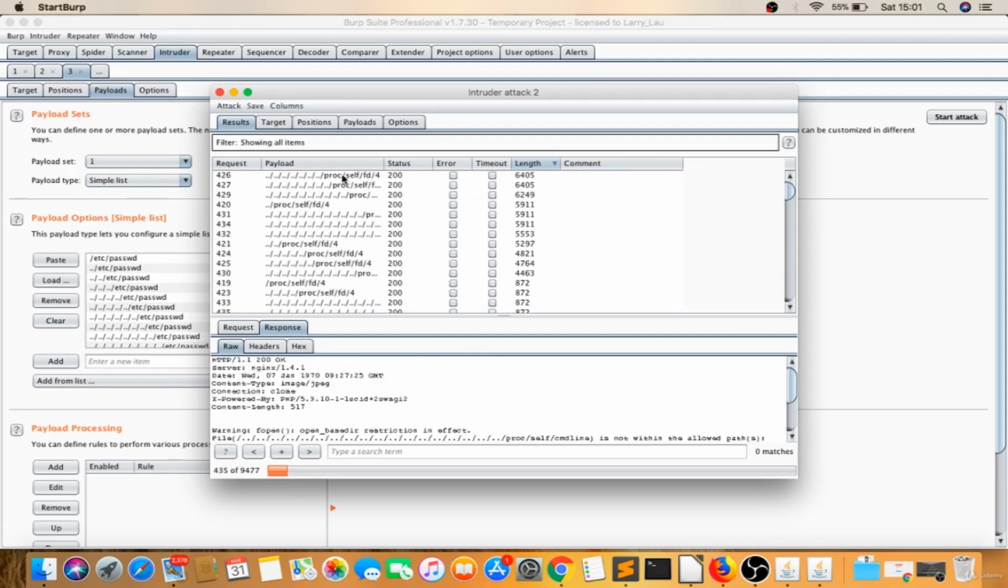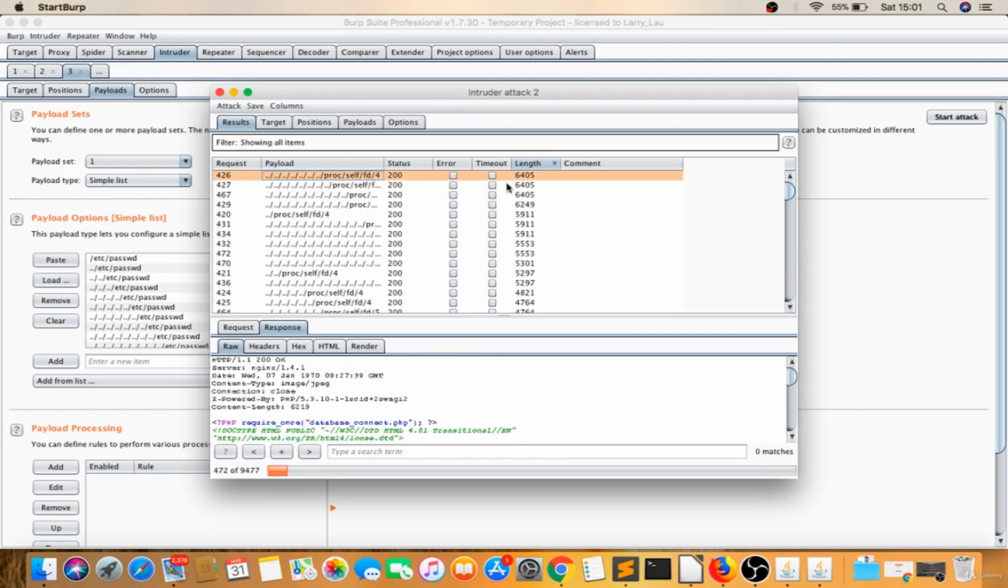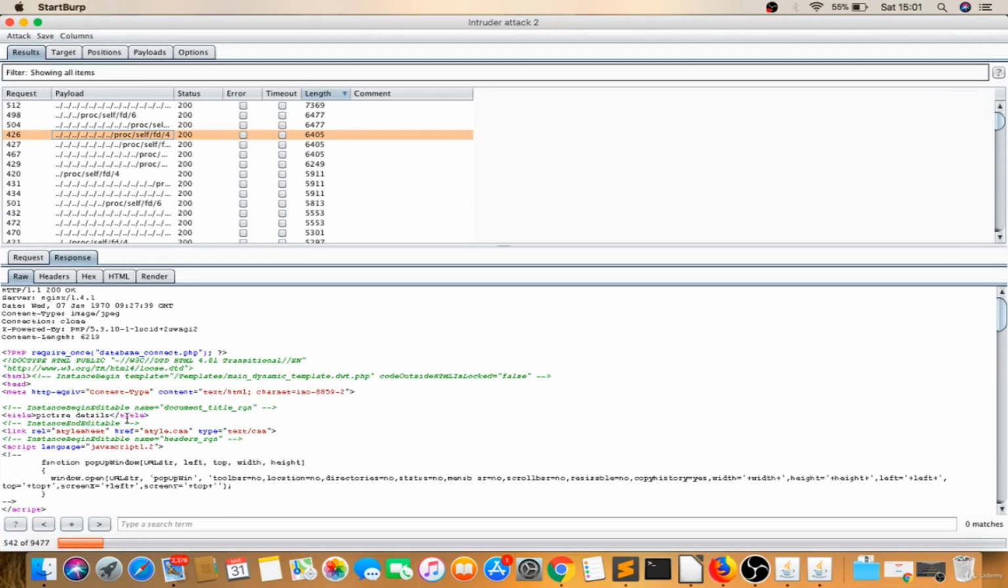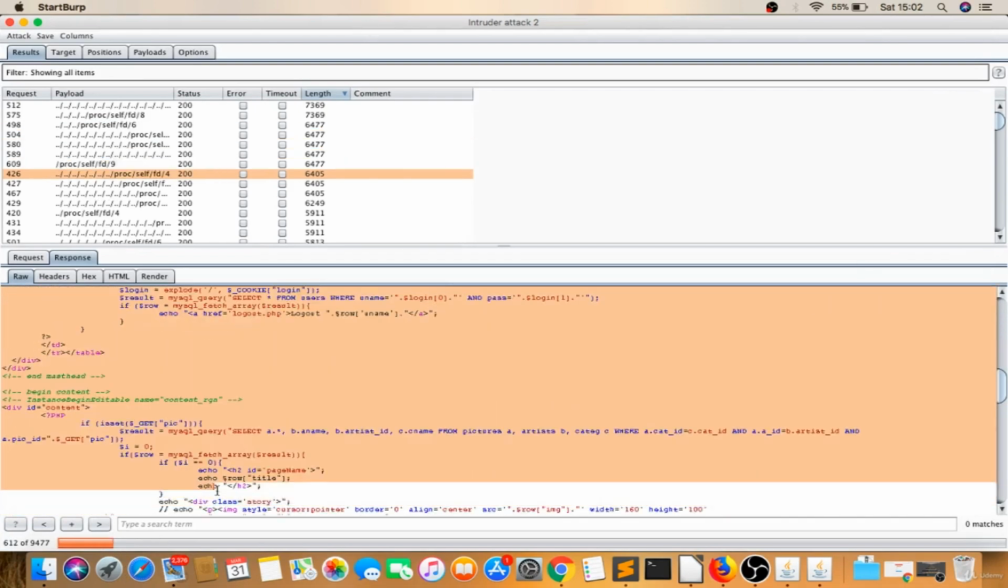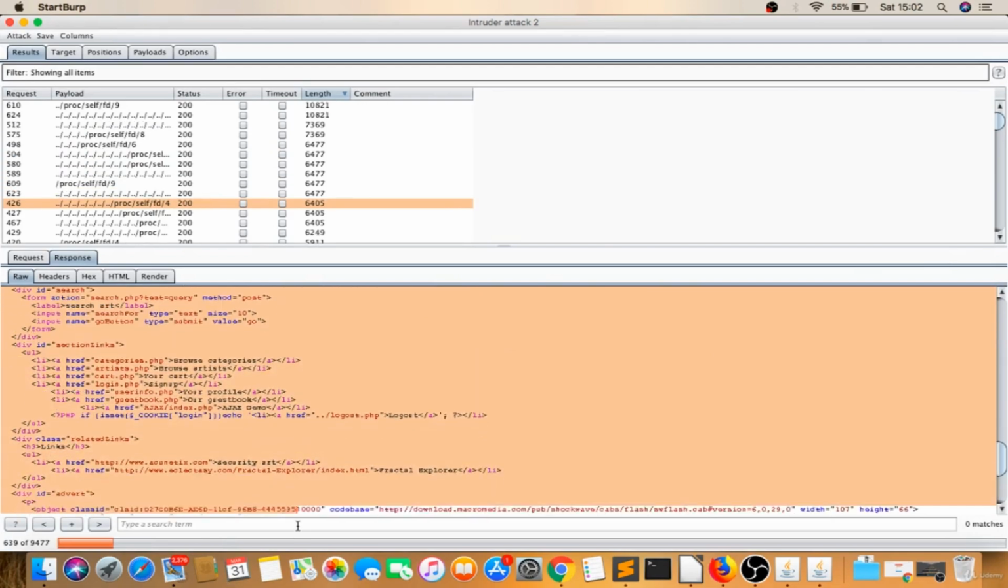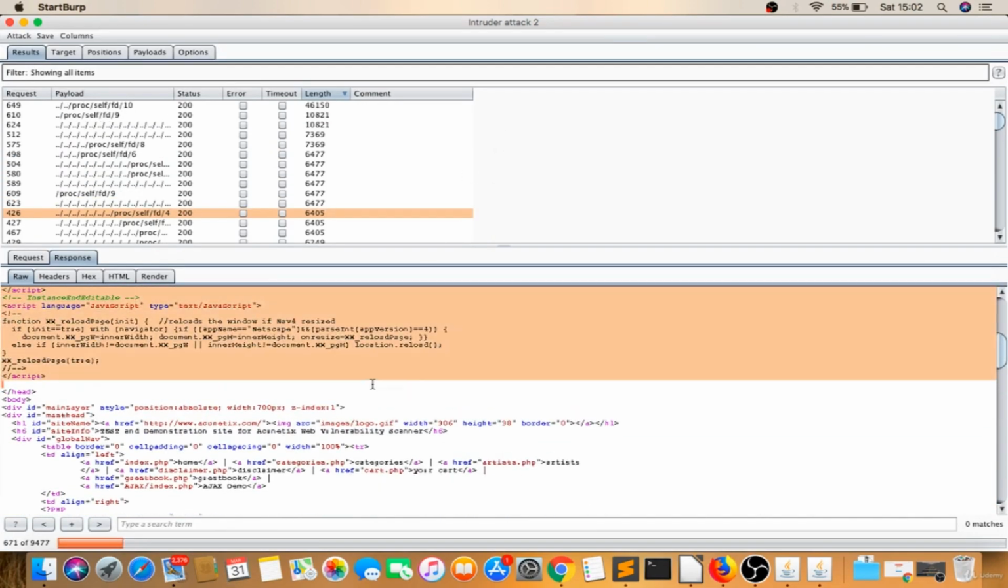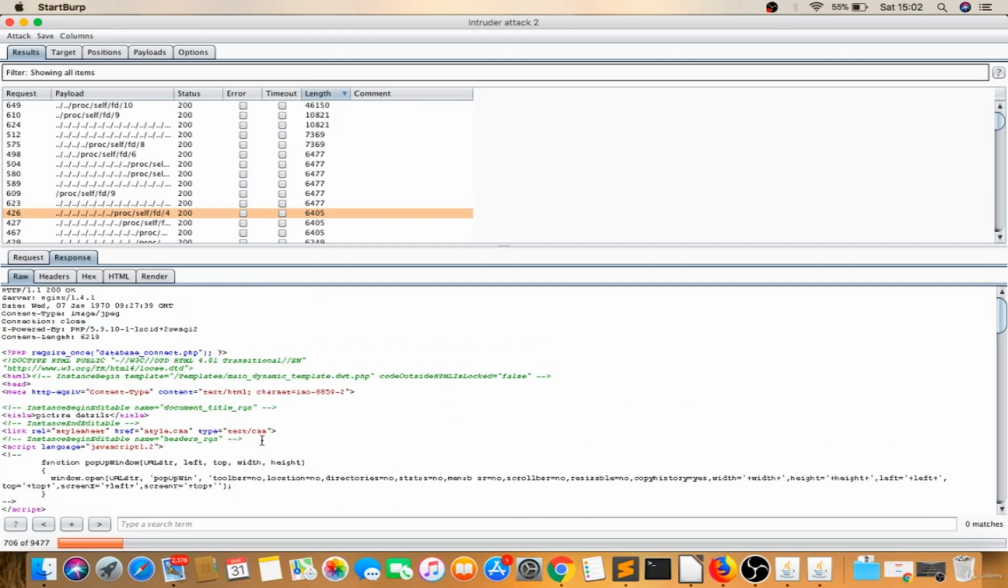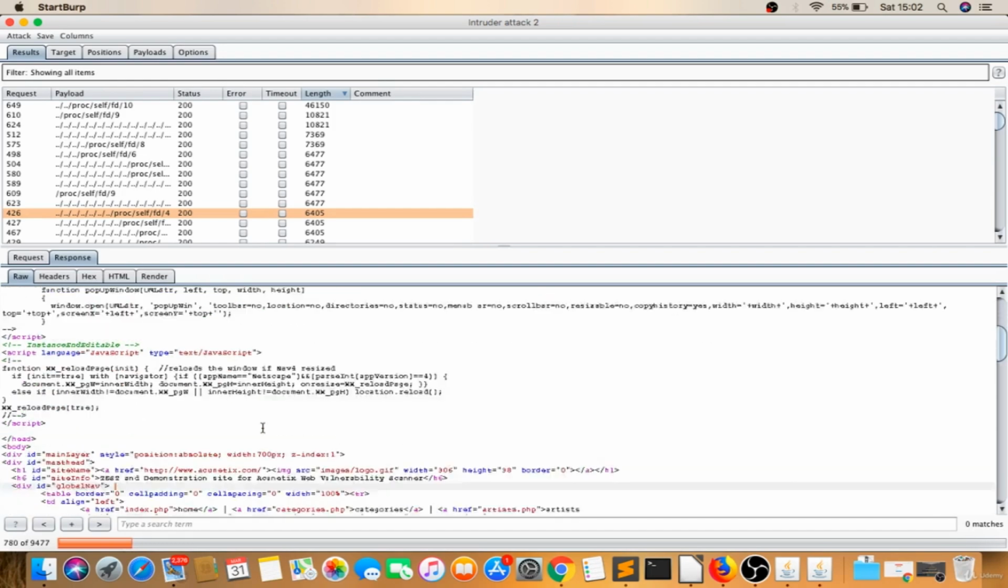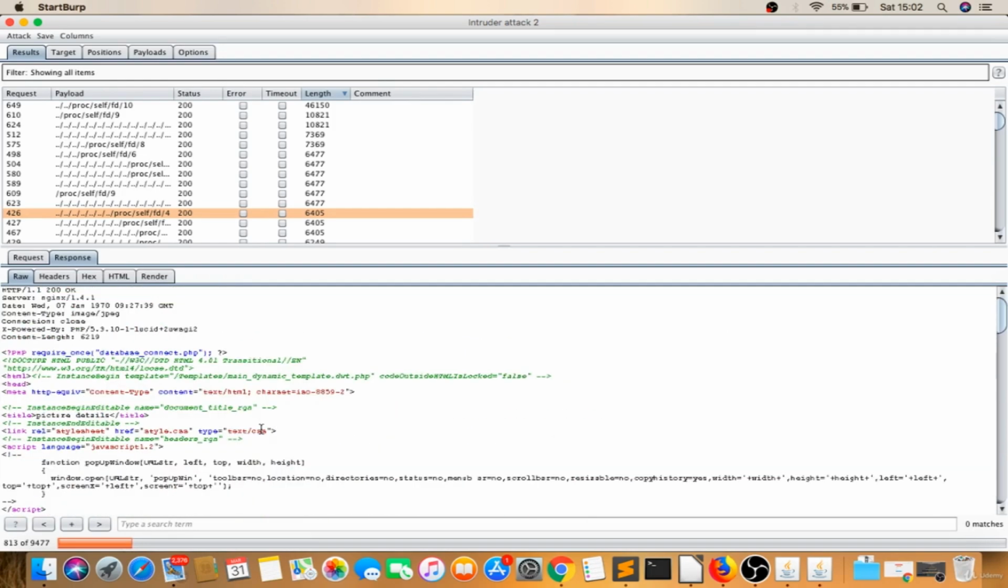Now I got some file. See, this is the highest length. So I got this. Okay, this is the source code of one of the files. See this? You are getting the background files. We are reading the resources which are not publicly available, which we are supposed to not be able to read,